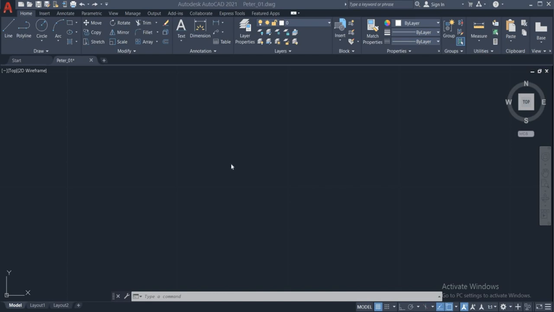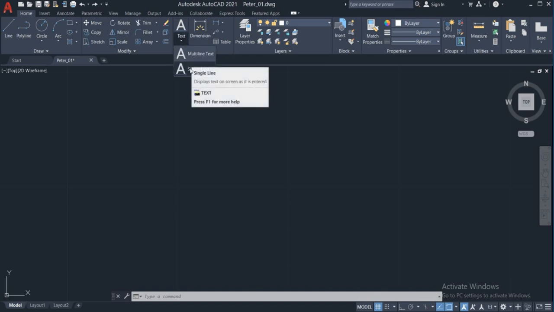Hello guys, on the 19th part now we will talk about text. First of all, there are two types of text. The first type of the text will be multi-line text, and the second one will be single line